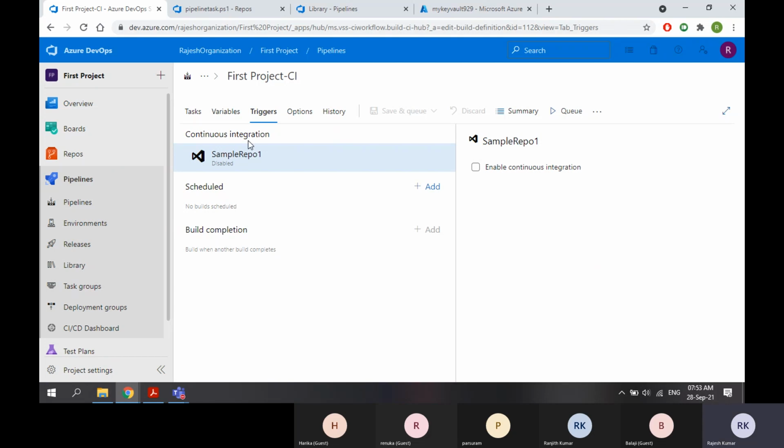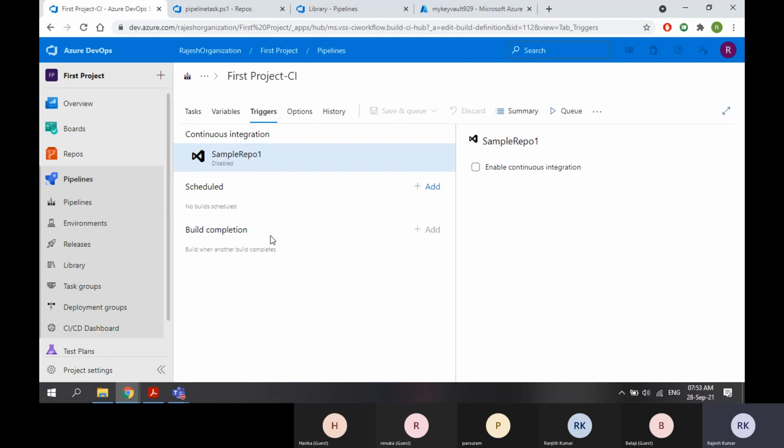One is continuous integration, another one is scheduled trigger. This is called CI trigger. Continuous integration trigger, scheduled trigger, then build completion trigger. The other one is manual trigger. Manual trigger means you are starting the pipeline manually.